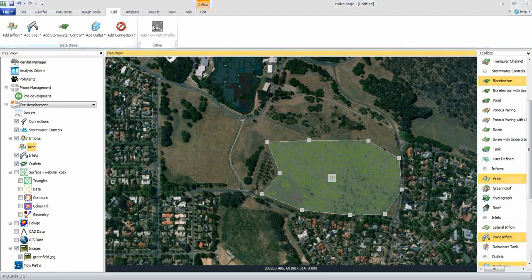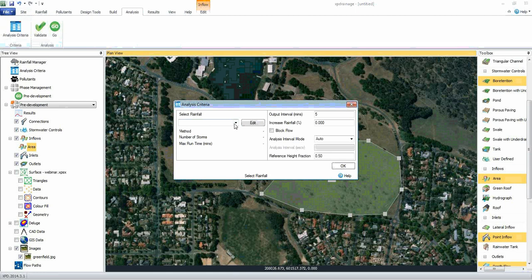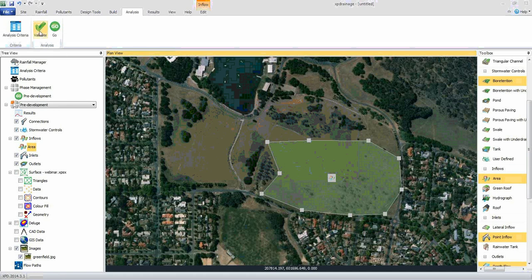So having completed the build as such for our pre-development, we can go to the analysis ribbon and enter in the analysis criteria. And all we really need to do is pick the rainfall here. So this shows us all the rainfall that's available in our rainfall library. In this case, we've only set up one rainfall record. There's a number of settings on the right-hand side here that we can adjust. We'll stick with the default options here, click OK,